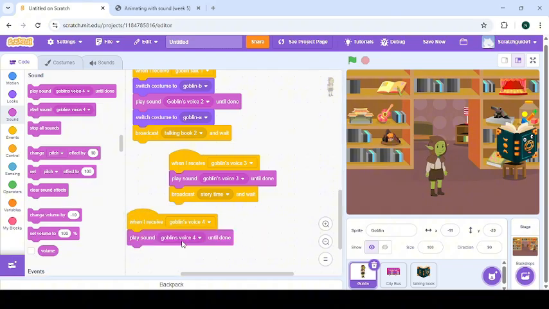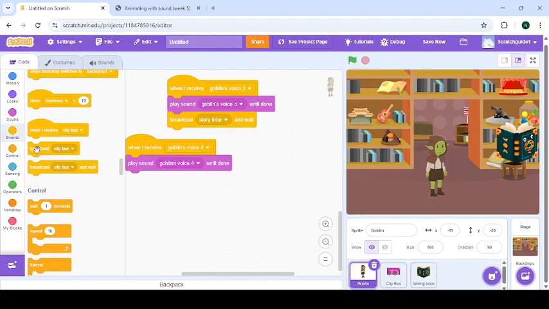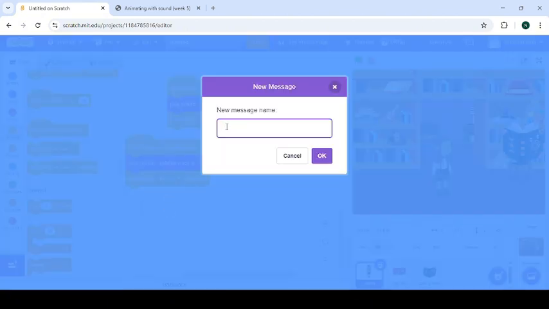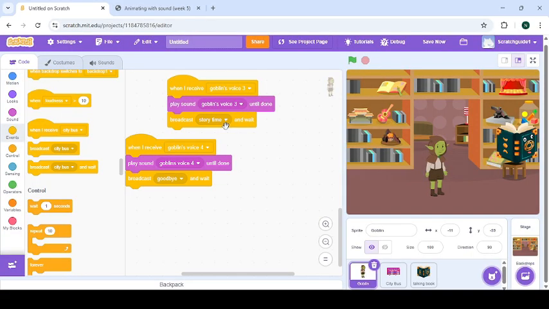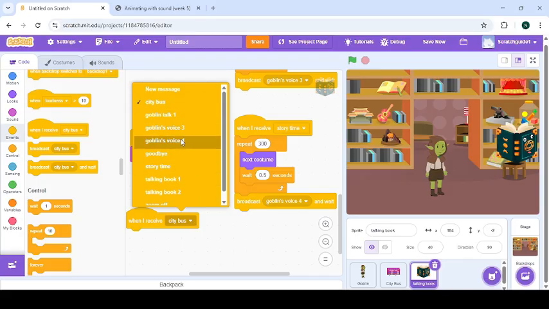We'll save. Change it to Goblin's voice 4. Goblin's voice 4. Enter. Go back to your code and add it there. Goblin's voice 4, and the Magic Book will now say something. Finally, so that's when Goblin broadcasts a message. Goblin will say, let's just use goodbye. Okay, to broadcast goodbye. So when the Magic Book receives goodbye message, when I receive goodbye, say